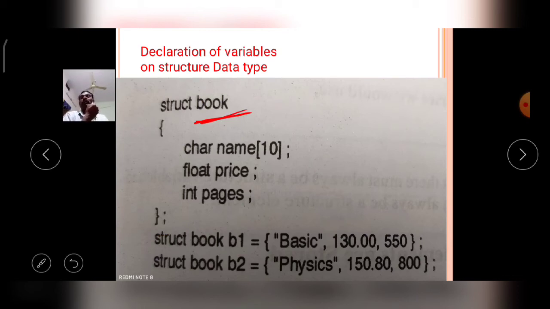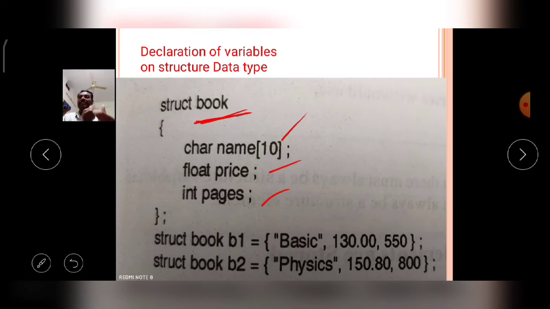So the book structure data type contains 3 variables. That is the name of the book, with size 10, which means the string size is a maximum of 10 characters. Then the price of the book, which is float data type. Then integer pages. The book contains how many pages? 500, 200, whatever it may be.